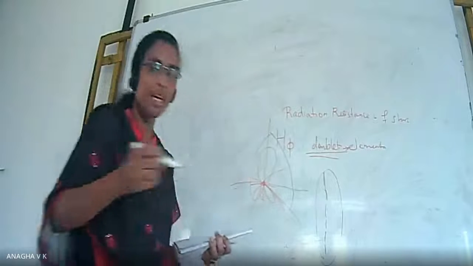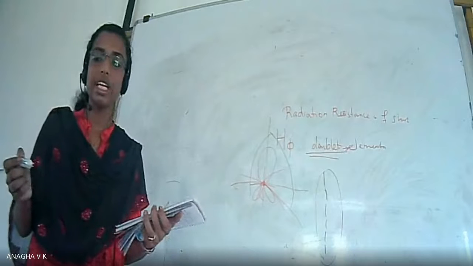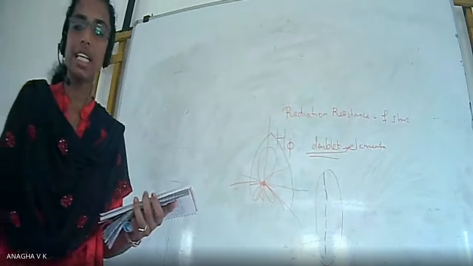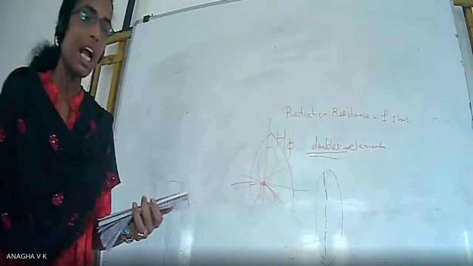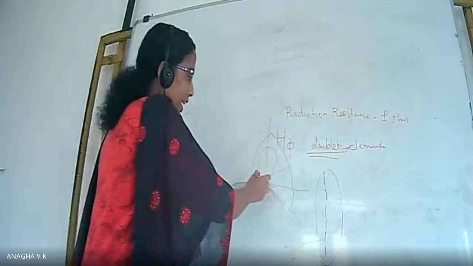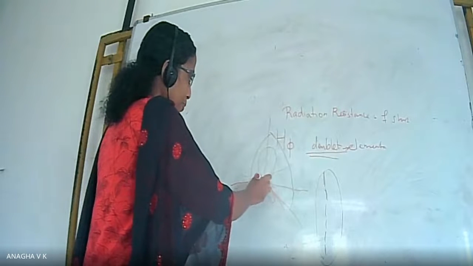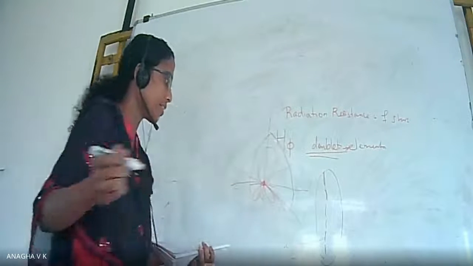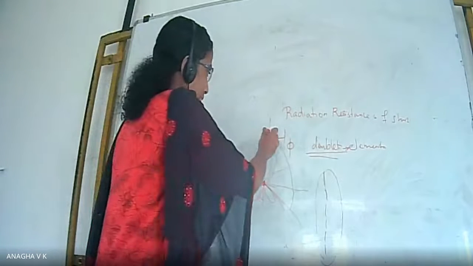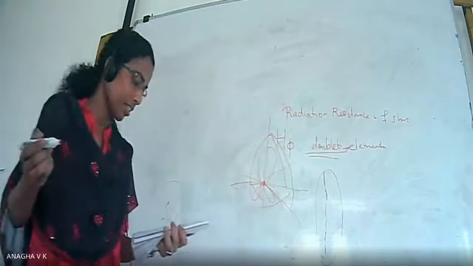And the radiation pattern is nothing but the graphical representation of radio frequency energy radiated from the antenna in all directions. And we take a special case: we treat it by taking the short dipole or the half-wave dipole at the center of the spherical coordinate system. That is how we are getting this radiation pattern, okay.